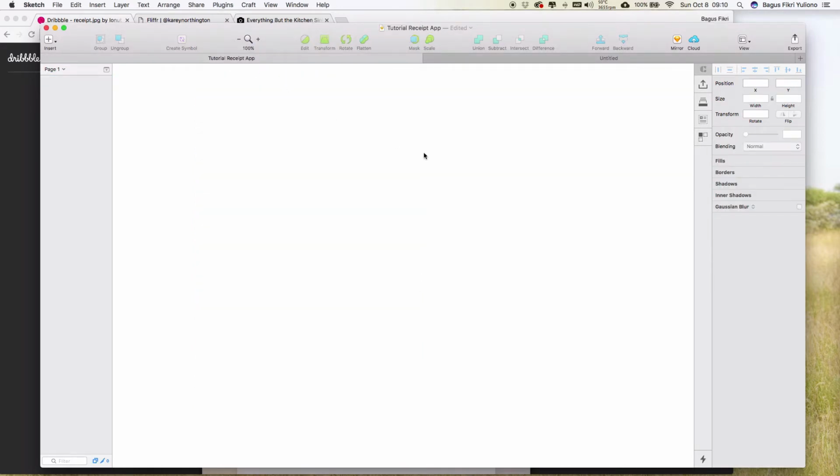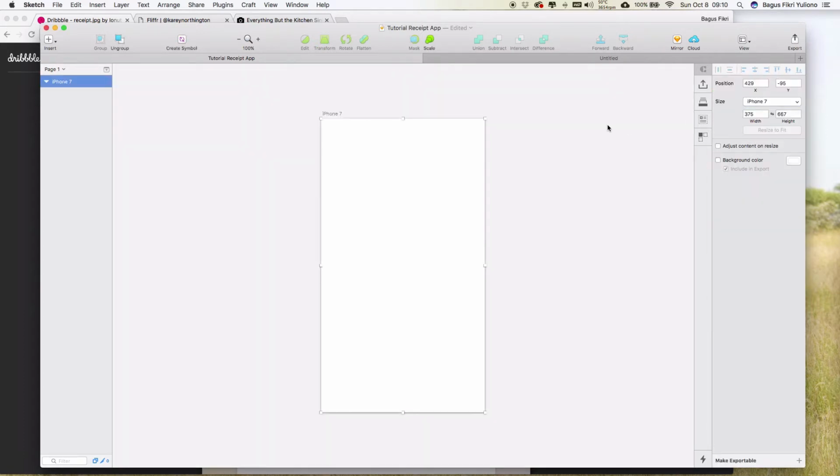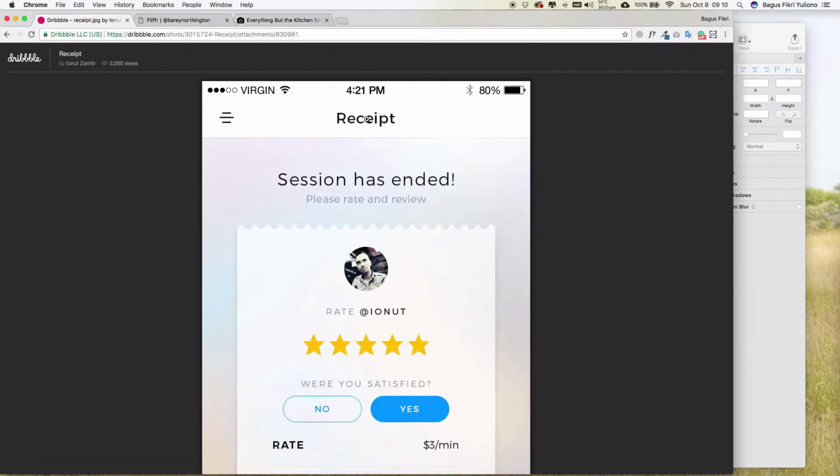Here is the Sketch workspace, if you are using the Sketch app for the first time. The first step is to create an artboard. You can click here or just press A, and then we click iPhone 7 because we will create an iOS device design. And the first thing is let's create the header area, this area,